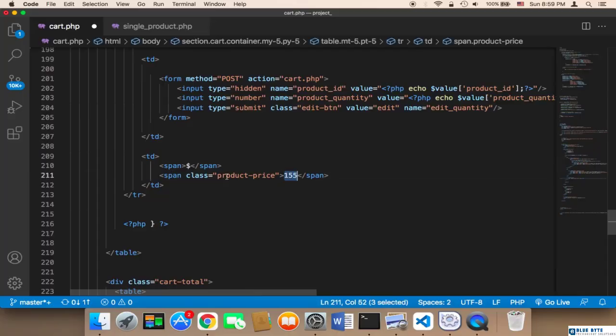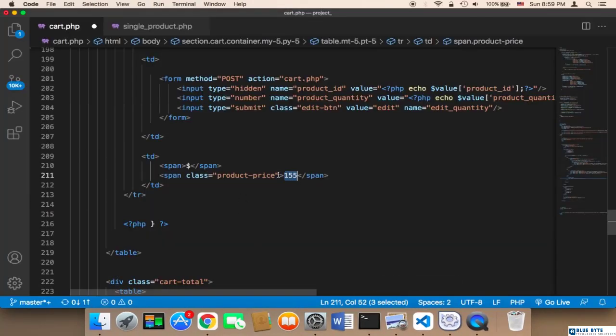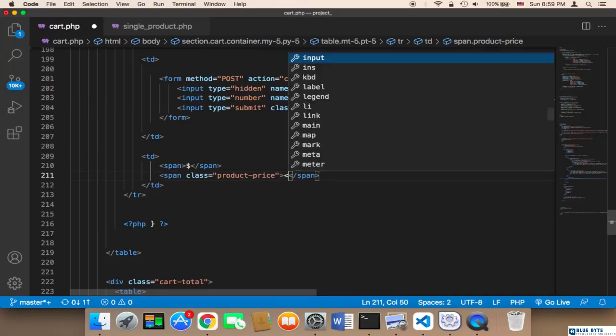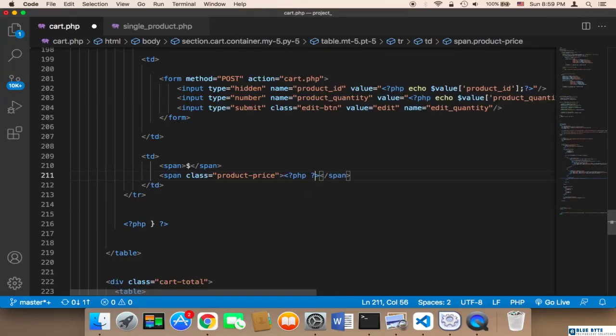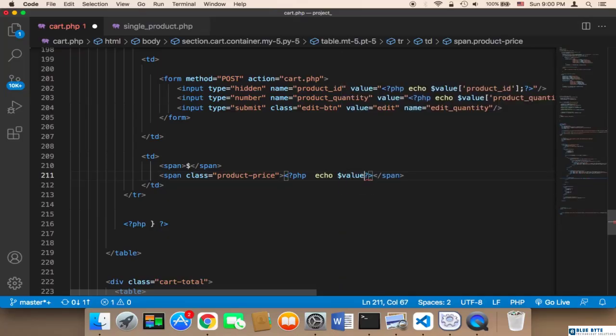So here in this product price, we have this price, and also it's being displayed here. This is the single price, and this is the subtotal, the total of one product multiplied by the quantity. So here, instead of displaying 155, we need to say PHP, and then we need to say echo, and then we need to multiply the value product